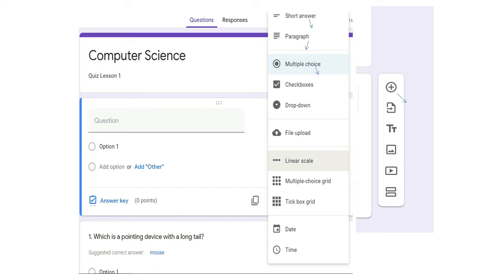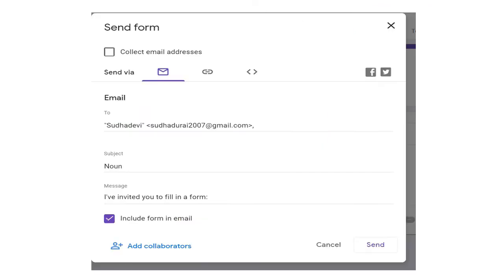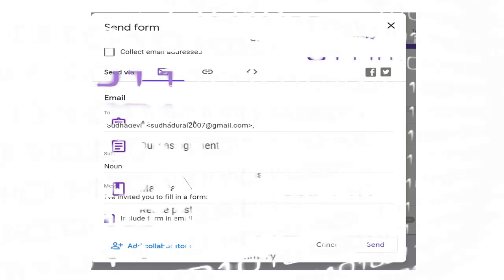You can choose your subject and type here. In this blank quiz, we can prepare 3 different types of questions: short answer, paragraph, multiple choice. Click on the plus symbol to add a question. Once your typed question paper is ready, click on send to fill the send form. You can send this question paper to your email ID to keep it safe and to share this online test widely.